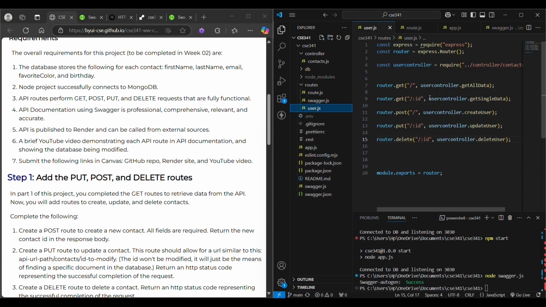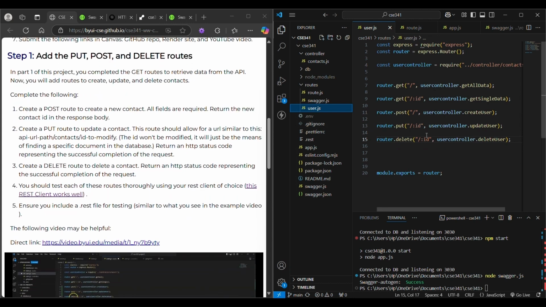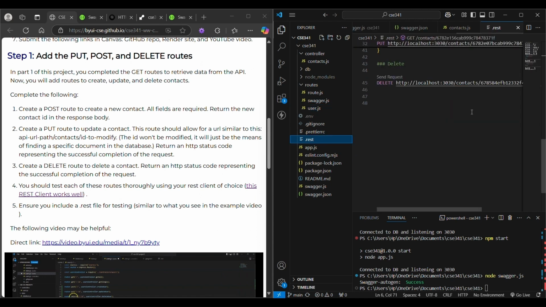Now in my user JS, I created get all data, get data by ID, post to create a user, put to update a user, and delete to delete a user. I did that in my user JS, so looking at my REST client,